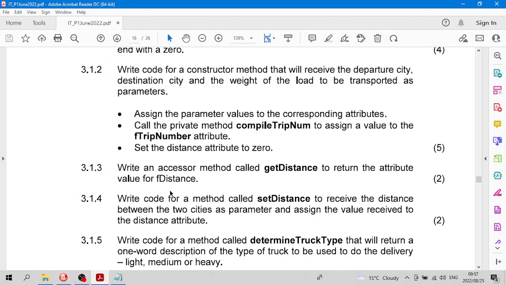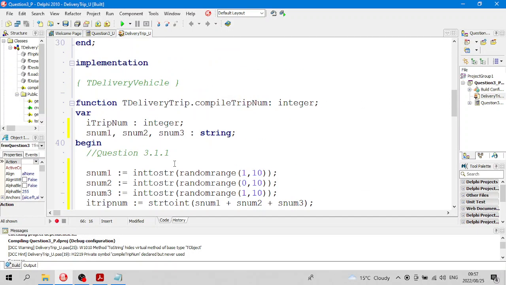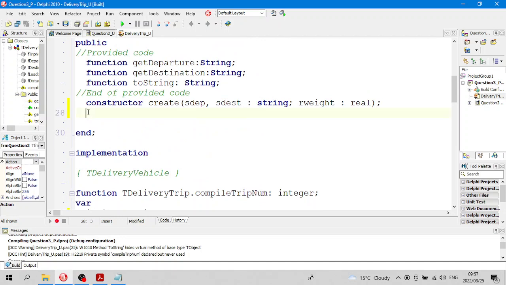Right, just to remind you that OOP is one of the easiest questions of your exam paper if you just follow these rules. Write an accessor method. So what's an accessor method? It is a function, because we're getting things, and it's called getDistance, return attribute value of fDistance. Only 2 marks. And you must know that an accessor is a function, and you have to go up here and write the word function,